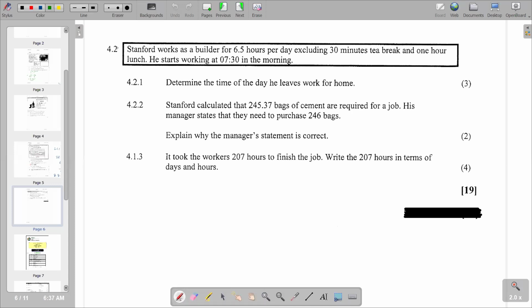Our next question is 4.2, and 4.2 reads: Stanford works as a builder for 6.5 hours per day, excluding 30 minutes tea break and 1 hour lunch. He starts working at 07:30 in the morning. So on 4.2.1, we determine the time of day he leaves work for home. So obviously we are seeing that the starting time is 07:30, but the period